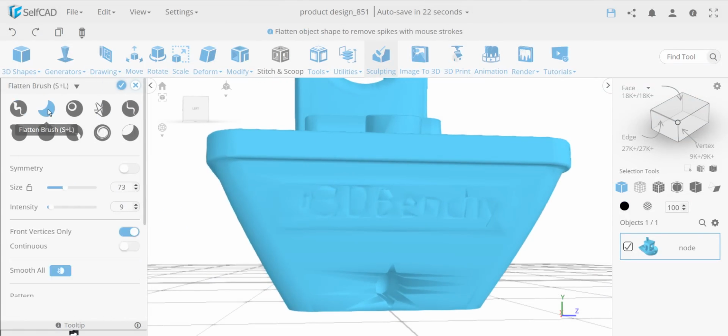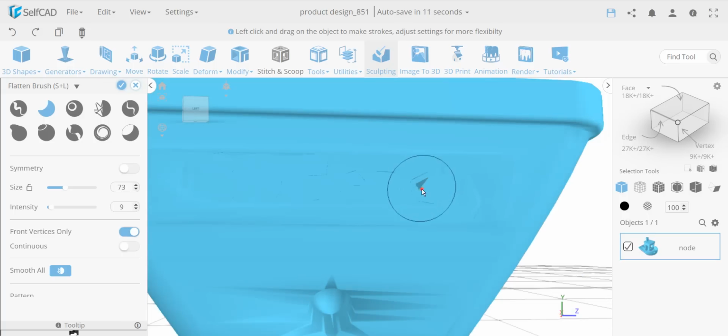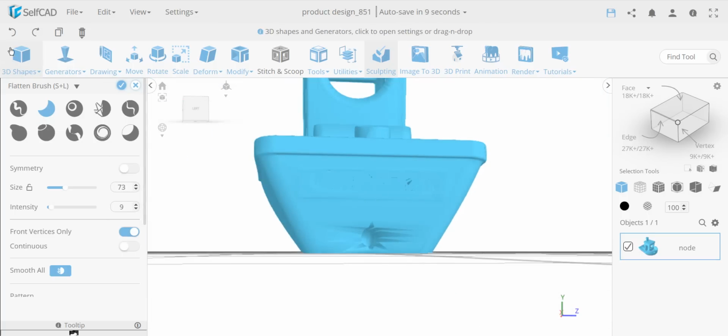One is the flatten brush that I can start basically just flattening them, and this may be a good option over here. And you can see if you start seeing these other colors, actually start flipping them. This is a little bit too aggressive. Start touching the inside. You can make this as front faces only, so if it's very thin the wall, we'll